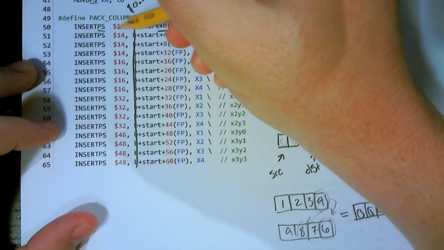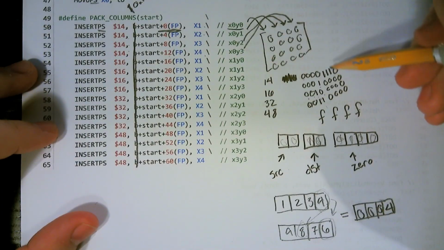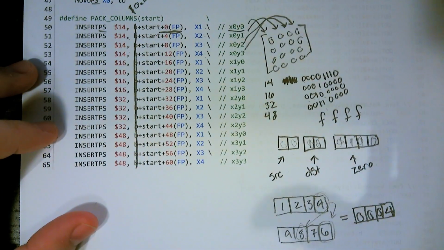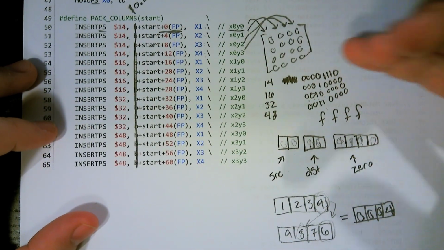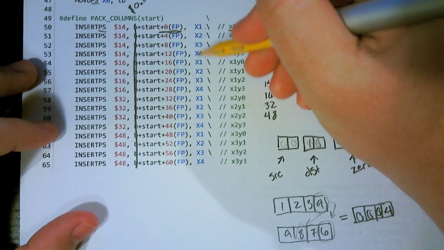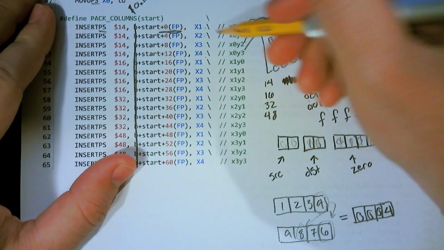Since we're doing 14, 14, 14, 14, and we have these zeroing outs here, we are zeroing out X1, X2, X3, X4. We're just clearing them as we are packing the values in there. So we're doing dual work on these first 4. We're both clearing out X1 through 4, and we are assigning the first